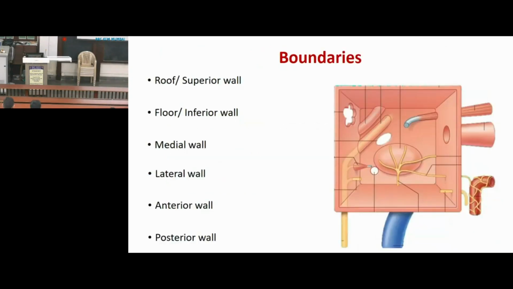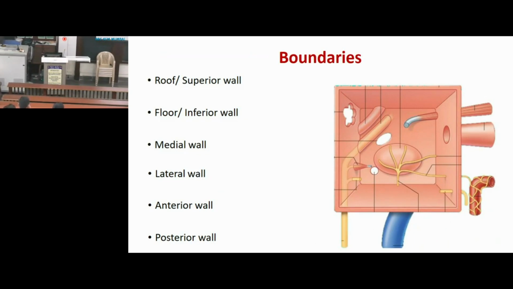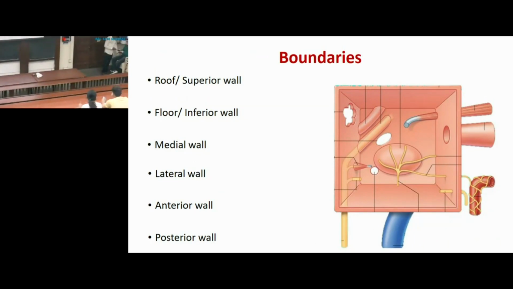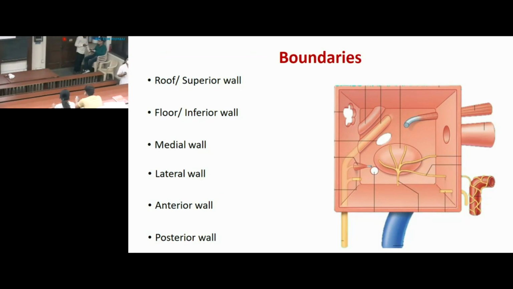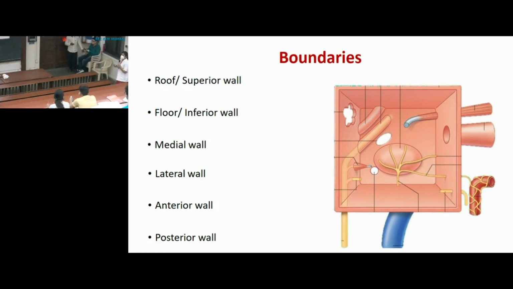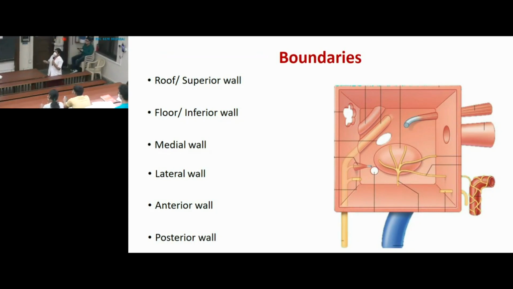Now let us start with the boundaries of middle ear cavity. These are very important boundaries. So most of the times you will get case-based question in SAQ on one of the boundary of middle ear cavity because of its close proximity to important structures. So let us see which important structures are present along walls of the middle ear cavity. So it resembles a matchbox which has 6 walls. So which 6 walls? There is roof, there is floor, there is medial wall, lateral wall, anterior and posterior wall.